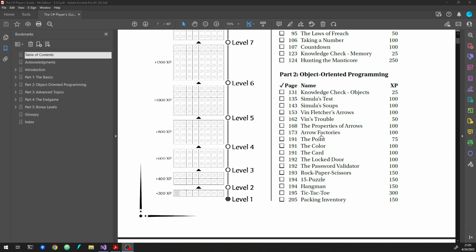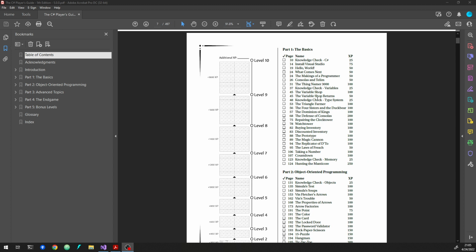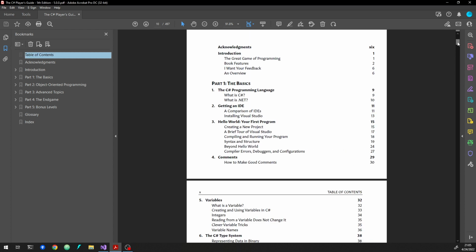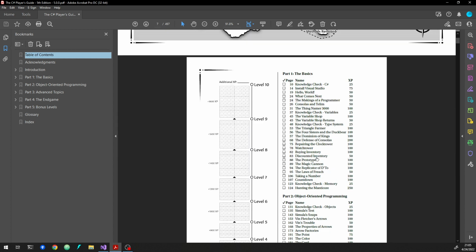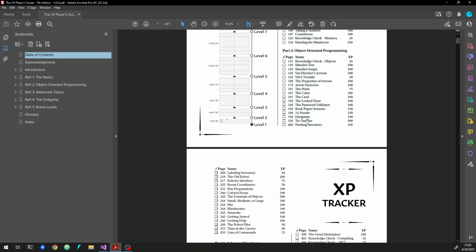I've been going through the challenges in the book. I started going through them in order, starting with the first one and working down. I don't remember exactly how far we got, but somewhere in this area. Then I started to say, let's jump ahead and get to the boss battle. So for the most part, I have skipped ahead and I've been doing the boss battles. I've recorded several videos that have not actually been released yet, so I don't know exactly where things are at, but I do know